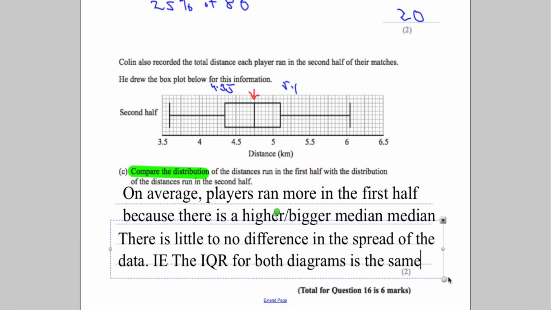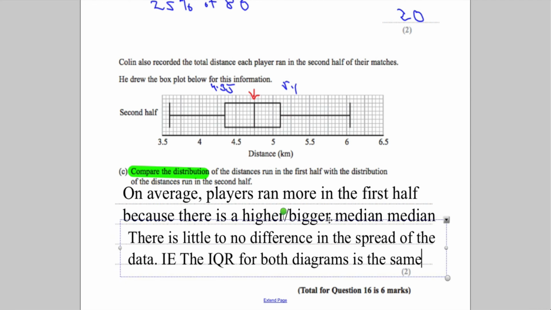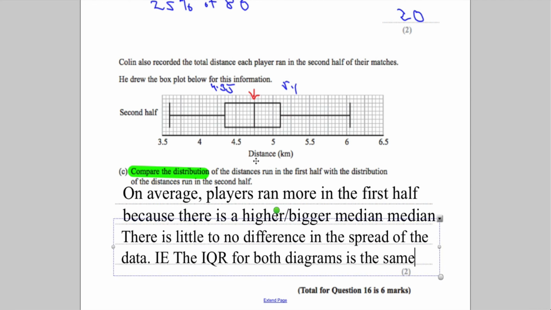So, in other words, there's not a huge difference in the data between the first half and the second half in terms of how spread out it is. So they're both as consistent